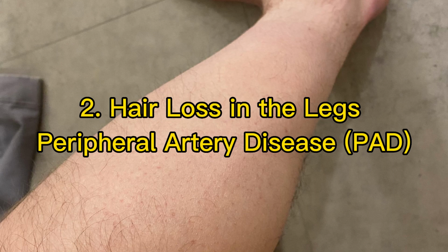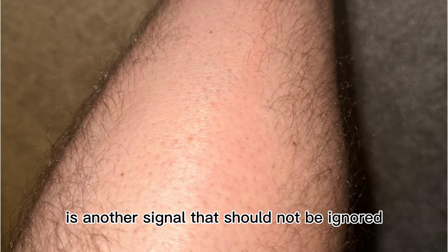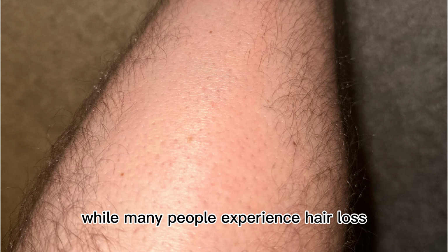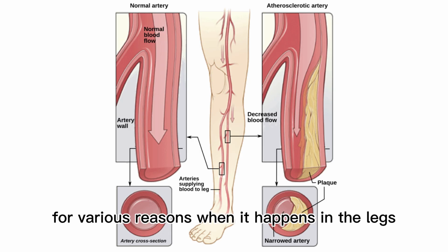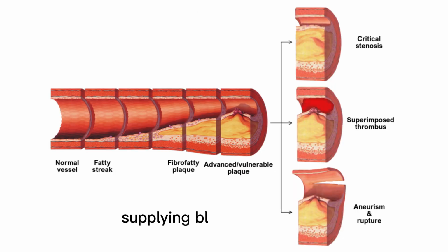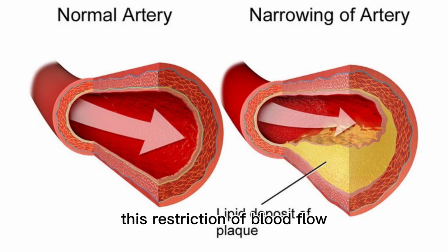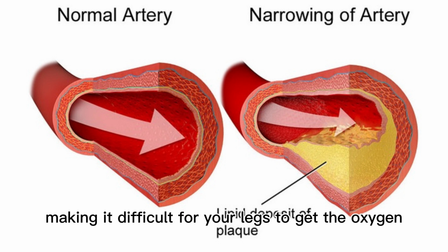2. Hair loss in the legs, peripheral artery disease, PAD. Hair loss on the legs is another signal that should not be ignored. While many people experience hair loss for various reasons, when it happens in the legs, it could be a sign of peripheral artery disease, PAD, a condition where the arteries supplying blood to the limbs become blocked or narrowed. This restriction of blood flow can lead to poor circulation, making it difficult for your legs to get the oxygen